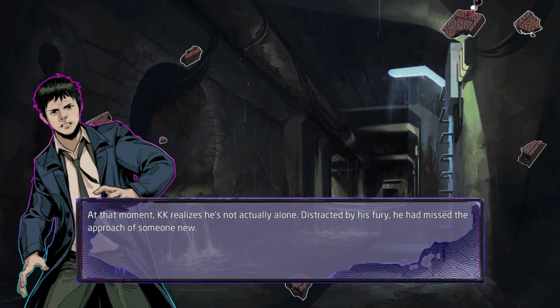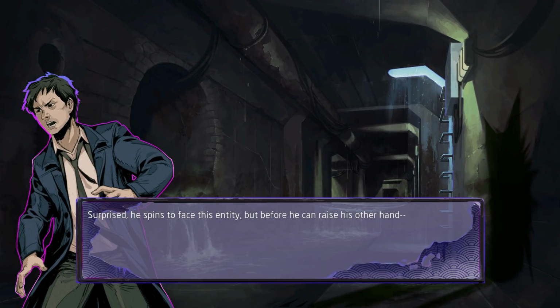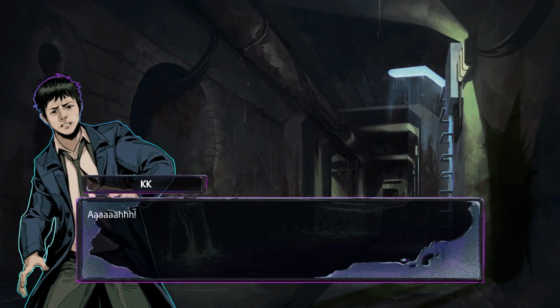At that moment, KK realizes he's not actually alone. Distracted by his fury, he has missed the approach of someone new. Who's there? Surprised, he spins to face the entity, but before he can raise his hand,